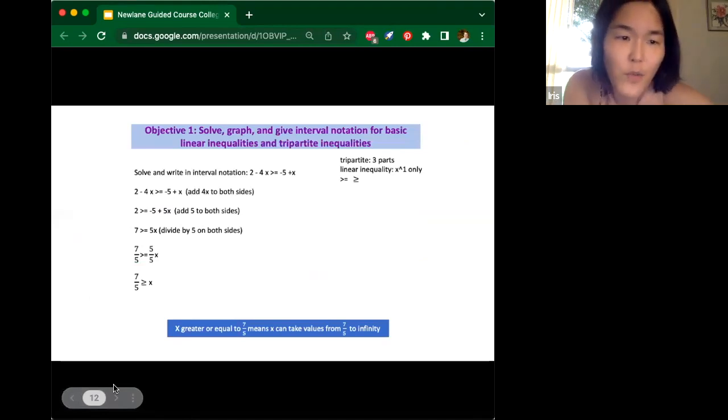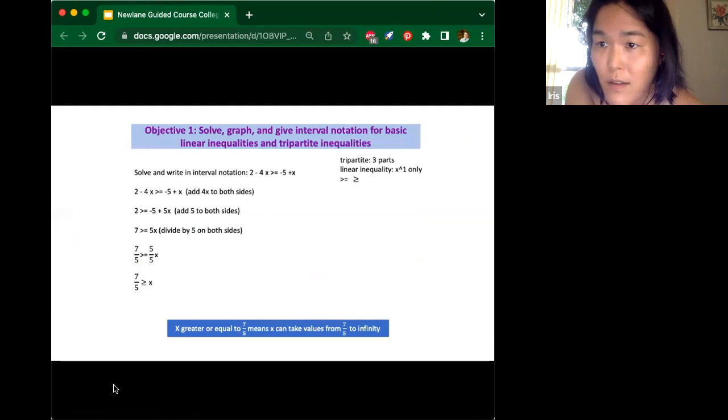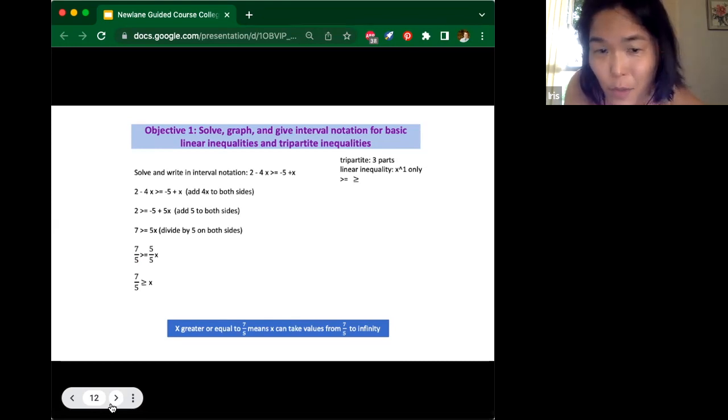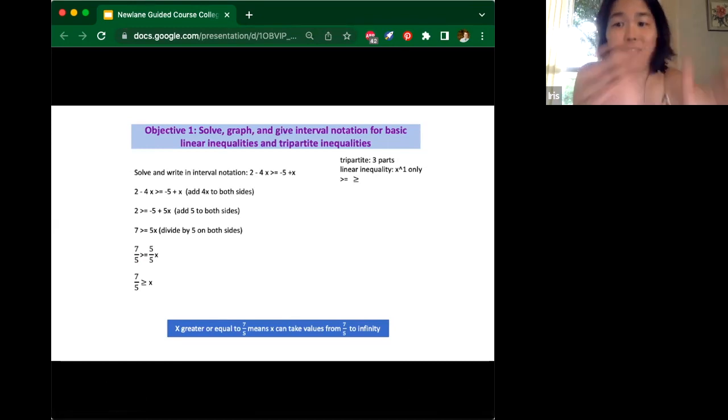So I chose objectives 1 and 4 to illustrate this time. Objective 1 is: solve, graph, and give interval notation for basic linear inequalities and tripartite inequalities. I don't usually use the term tripartite, but the word itself means 3, right? From tri, and then partite, it's like 3 parts. So I checked, tripartite means it's just like a double